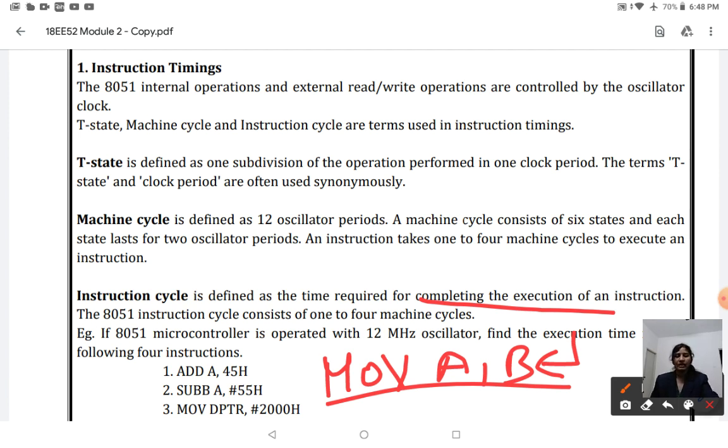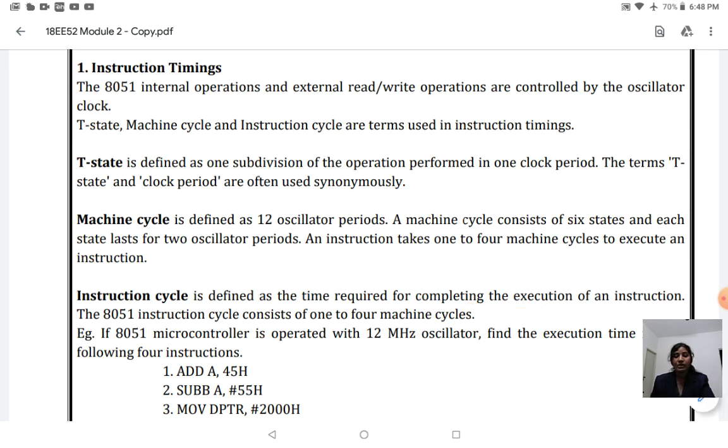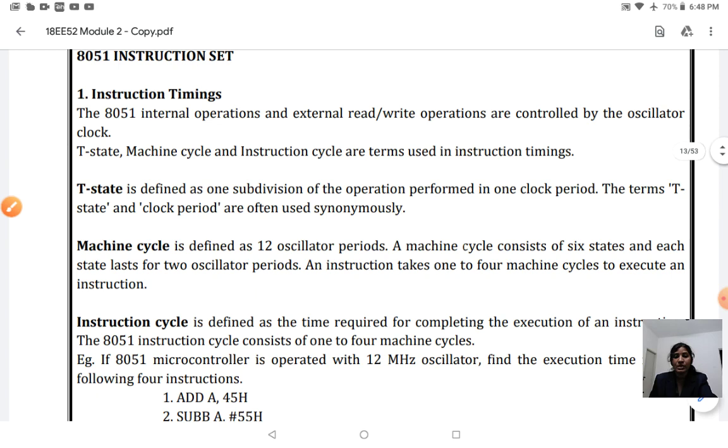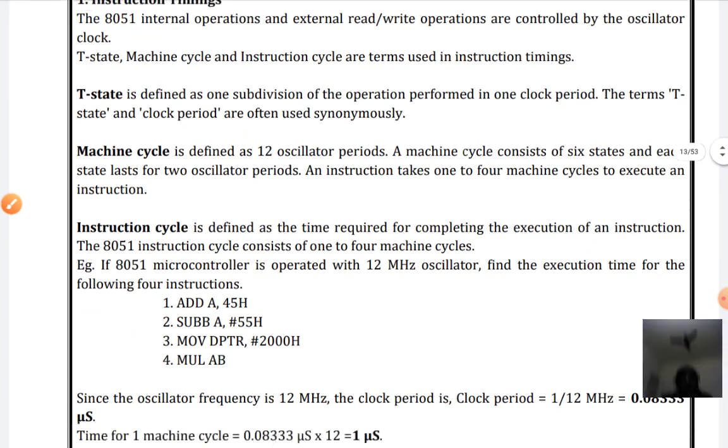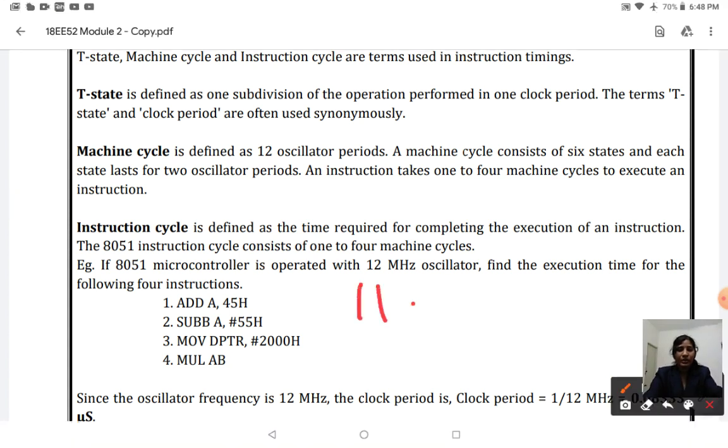The 8051 microcontroller crystal oscillating frequency is 11.0592 megahertz.